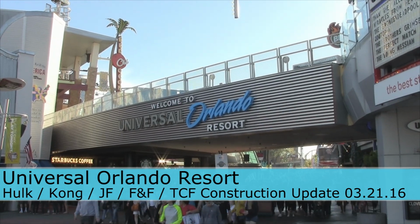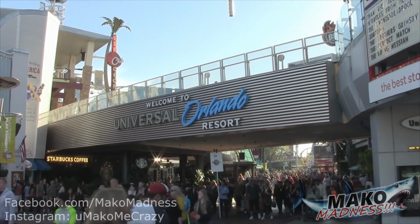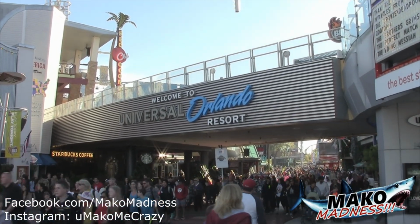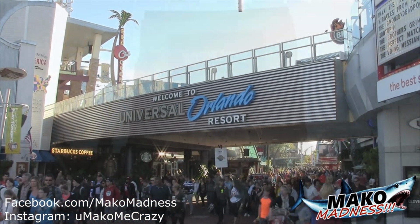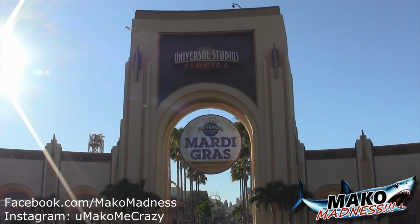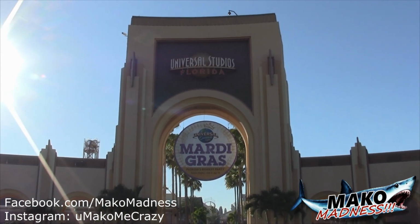We are back here again at the Universal Orlando Resort. We have some new developments with Kong and Hulk as well, and we're going to go check it out. So let's go inside. Alrighty guys, so our first stop of the day is going to be Universal Studios Florida,